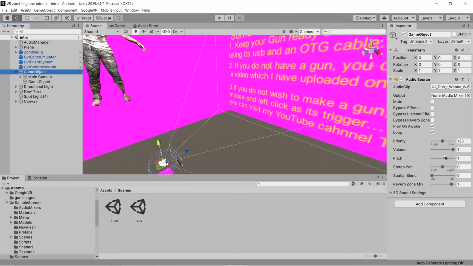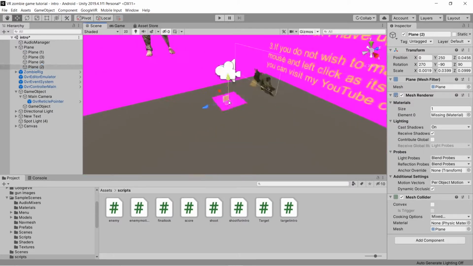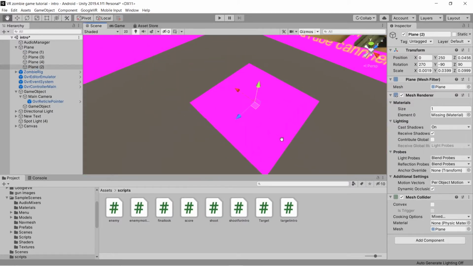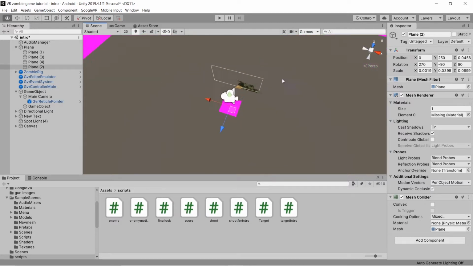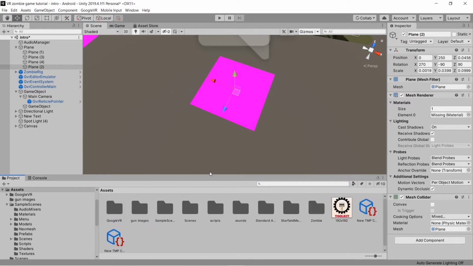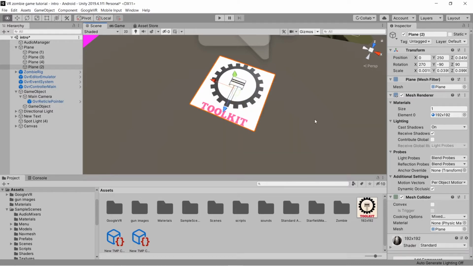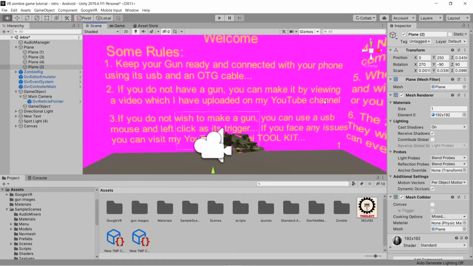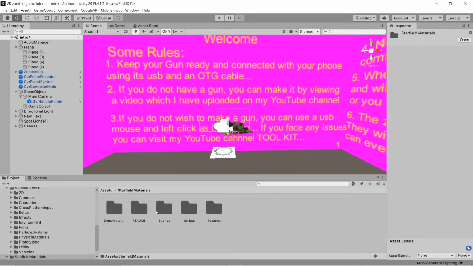I've kept the audio source and set everything, volume and all, which you can adjust over here, and then you can just see whatever stuff is there. I've done and coded everything. So in the center you will see that there's something on which you're standing, there's a plane. So just go to assets and you see this logo, just drag and drop it over here. So it will just load the logo image over there, and then zoom out,